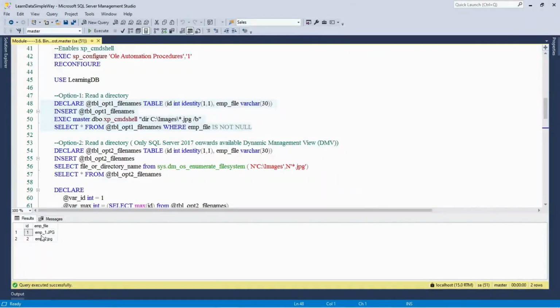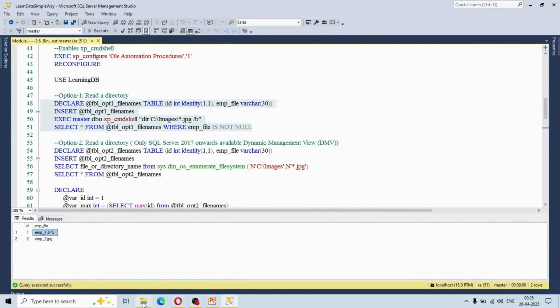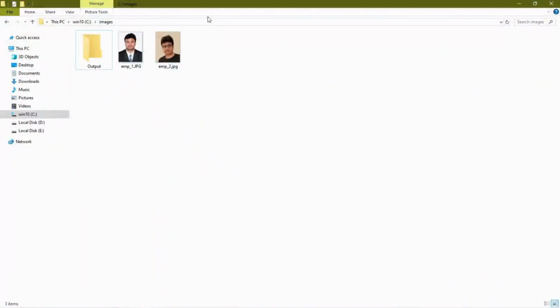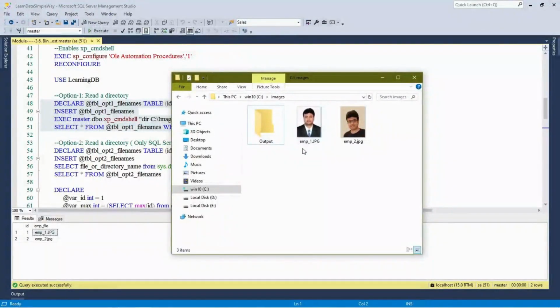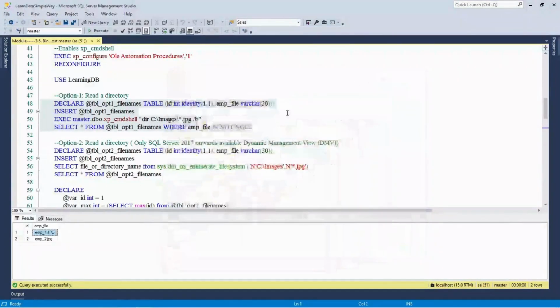Okay, now you see both the file names have been read: emp1_1.jpg and emp_2.jpg, both of the files have been read. Now after it is inserted into this table, we may be reading that table for each of those files and then copying them into the target folder,